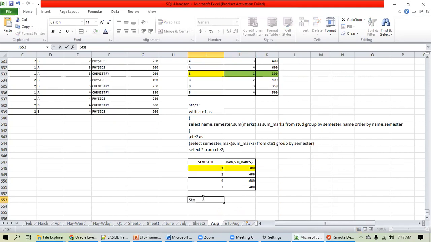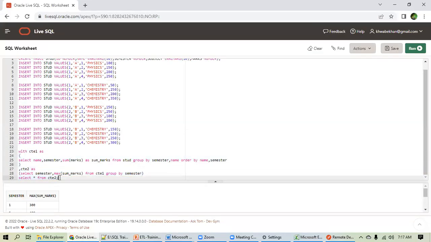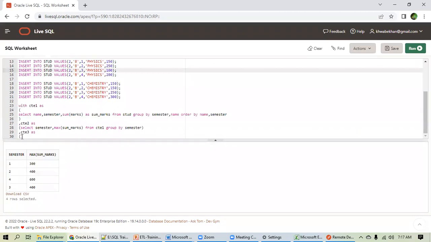Okay. Now I'm going to step 3. Now here I will tell CT3 as select name, right? Select name from which table you will select name? From CT1. CT1 where